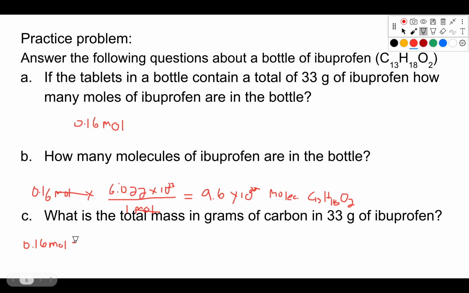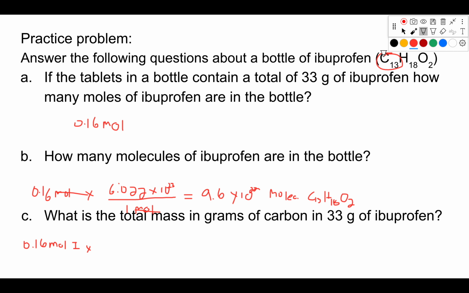I'm just going to write moles of I for short. Then we need to figure out how much of that is going to be moles of carbon. So if we look up here at our formula, we see there are 13 carbon atoms in 1 molecule of